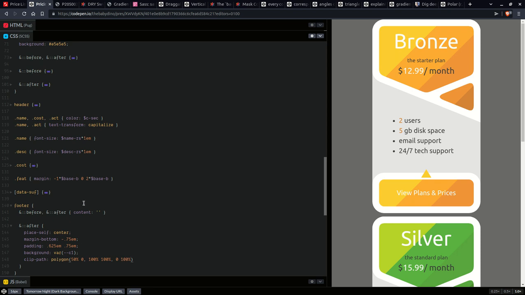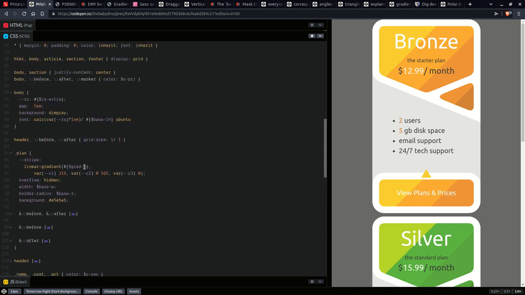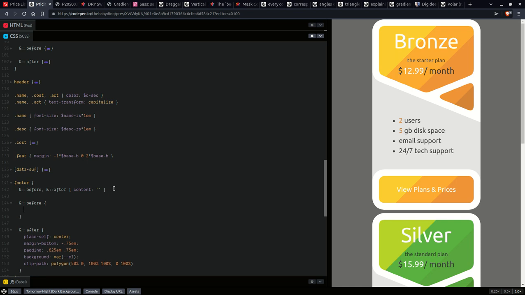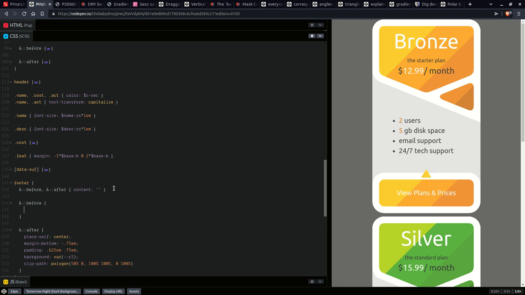Okay, that does it. And then we are going to set here position relative, and for the ::before we are going to have position absolute, and the top is going to get